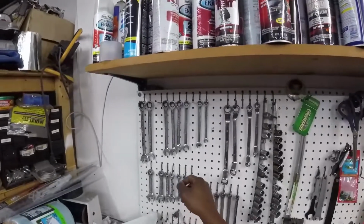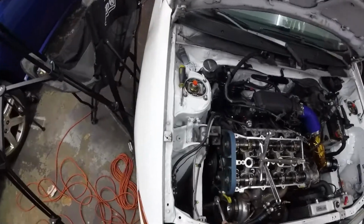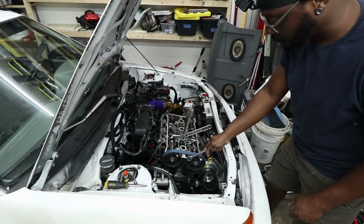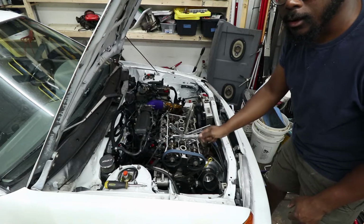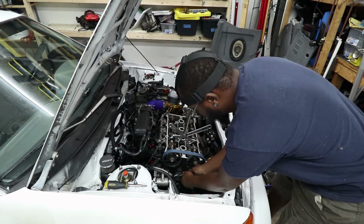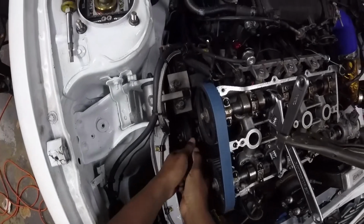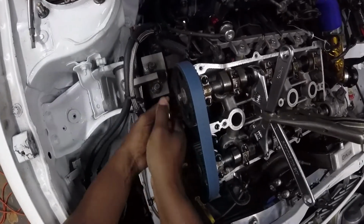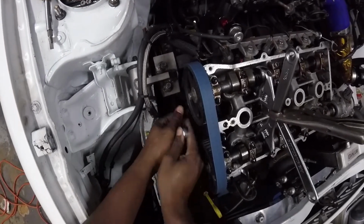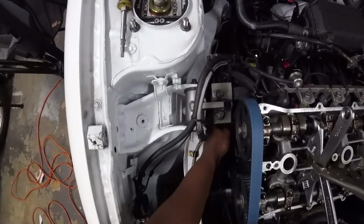Alright, so now that the timing is set, number one's at top dead center and the cams are locked, I'm going to go ahead and loosen up the timing belt tensioner. I thought it was a 14, feels like a 14, feels a little loose, no it's not a 13, that is loose. I guess that's where that noise has been coming from. Don't want to be too loose, but